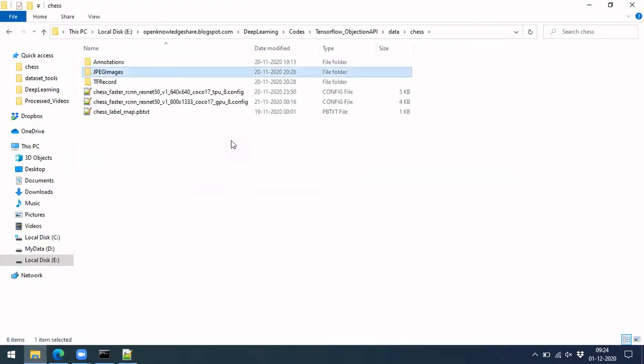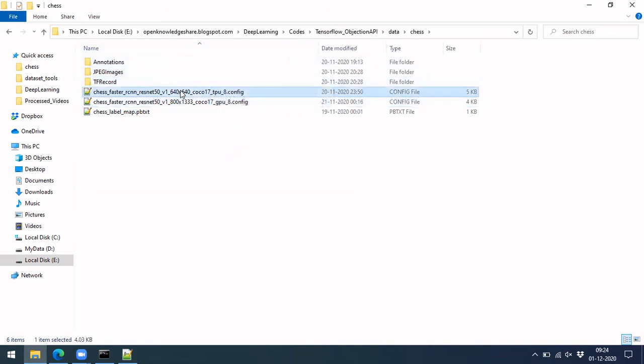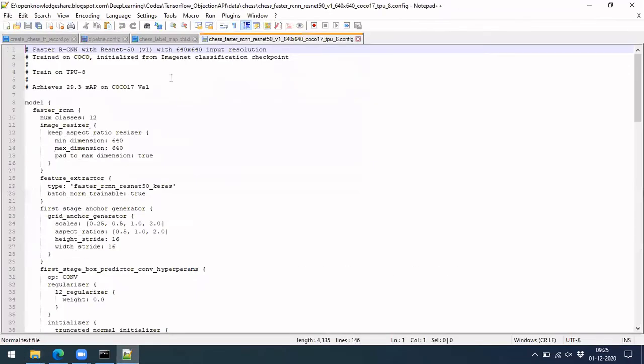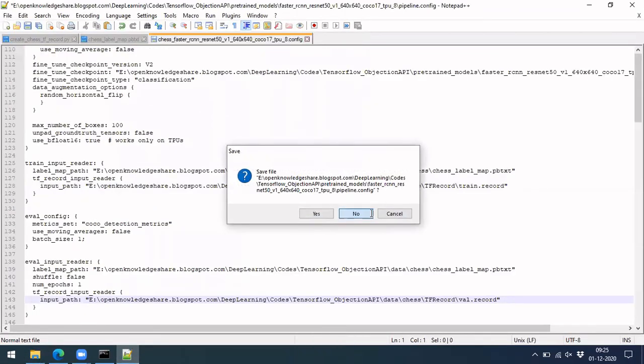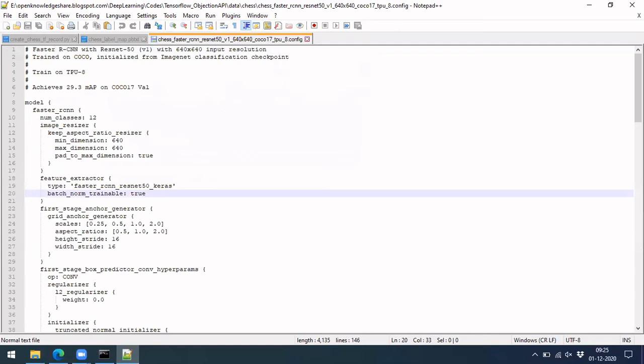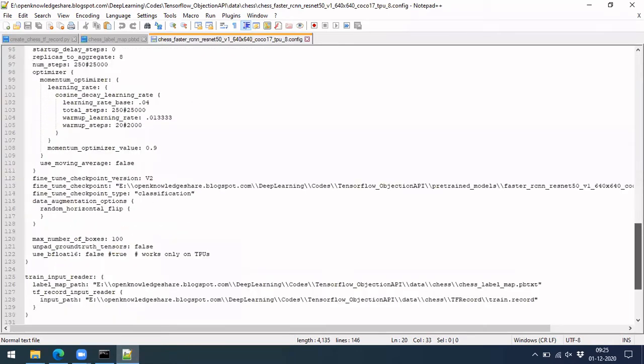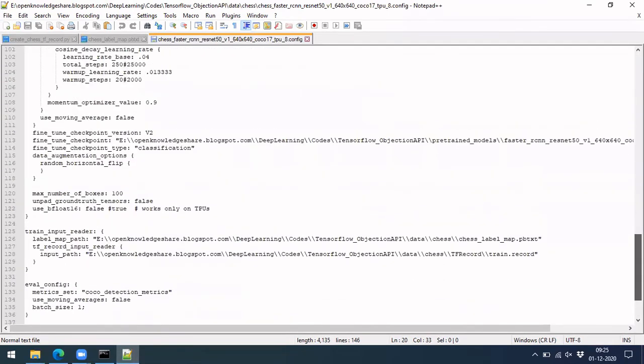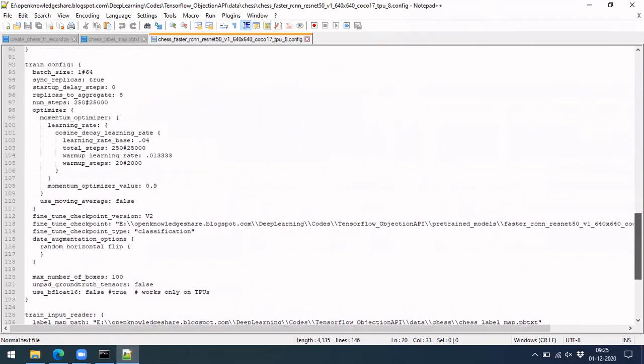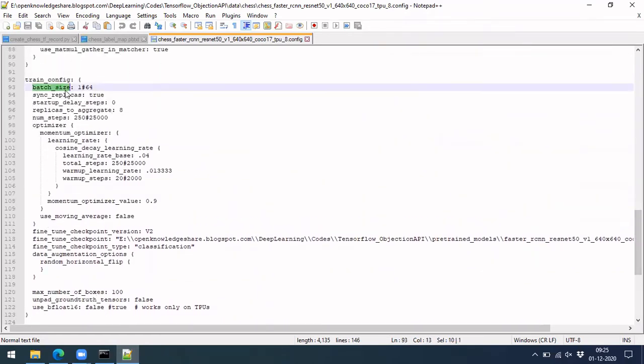Then you save that config file here. I have saved it here already. This contains the same thing, and I have also named it with the model name, so that I'll be able to identify what model it is from outside. In case you want to change the batch size and do tuning, like the learning rate, you can do it here. You just have to change the things here instead of doing it in code.